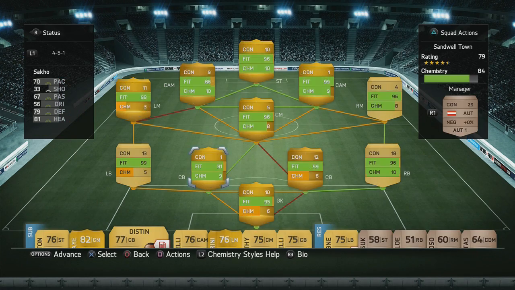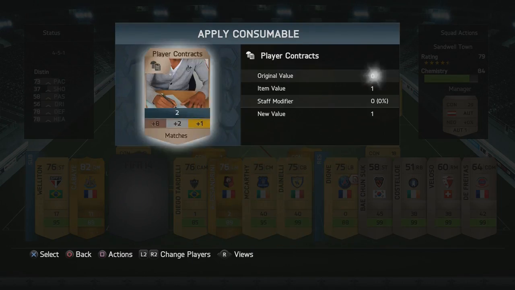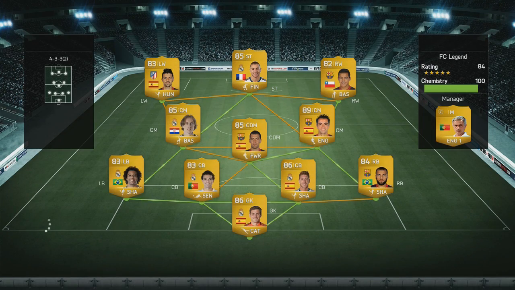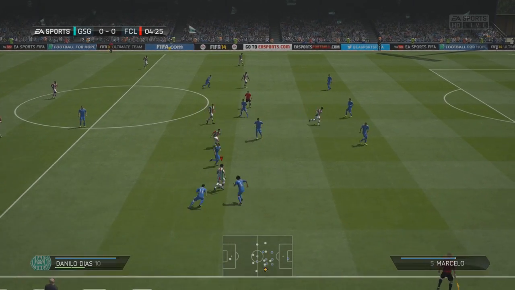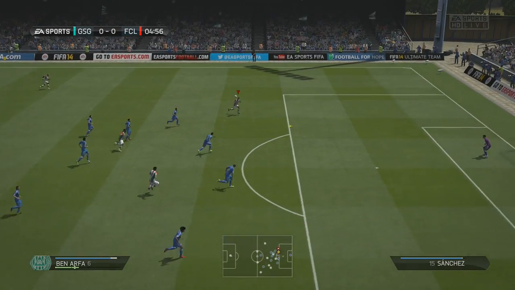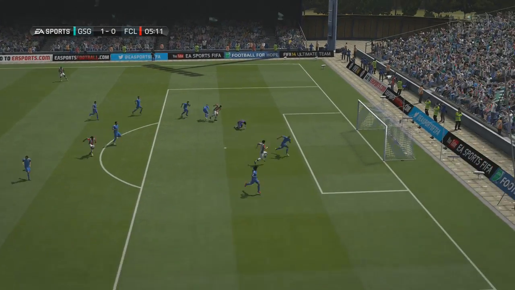Not every player will have the perfect chemistry here. Far from. We're going into the next game with 84 chemistry, but we do have around the perfect fitness we can have. And that was kind of what I wanted. We'd rather have fitness than chemistry at this point in time. But eventually we'll have enough coins to actually build a proper squad, so we can swap every player around and get the perfect chemistry. But into the next game we go, and we come up against a very strong La Liga side,